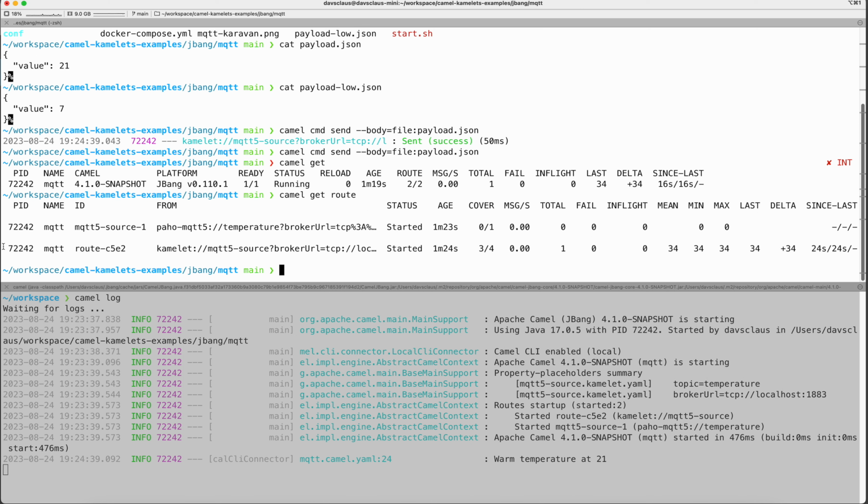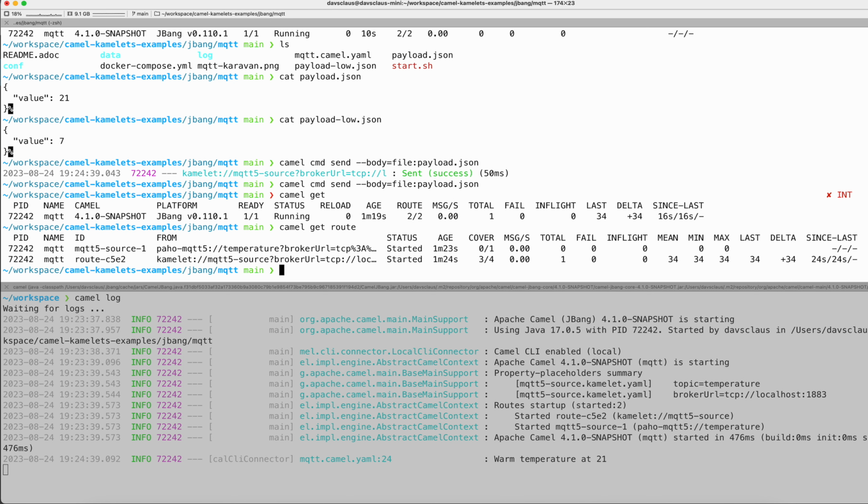So it's going to be wrapped a bit. That's a bit of a shame. So let me make this a little bigger here. Now this one is the interesting one. That is our route. It has one processor, and if I send a hello message,